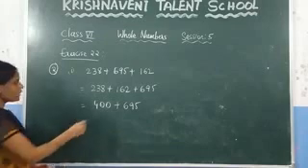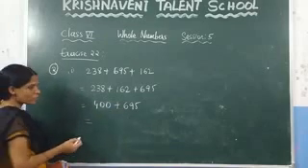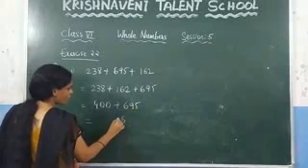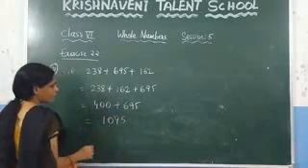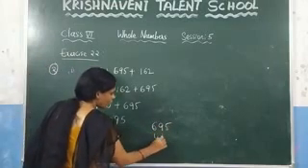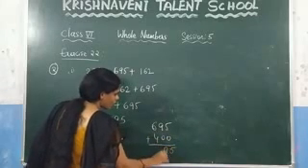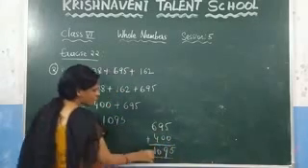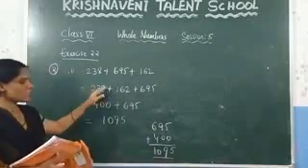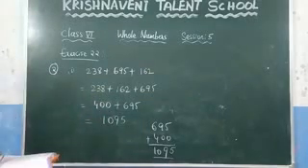Now you need to add 695 plus 400. What is the value of 695 plus 400? At last what is there? 5, 9 and 10, right? If you want to calculate, you can do it with 695 and 400. If you add, what will you get? 5, 9, 6 plus 4, which is 10. So it is very easy after arranging it into this order. Now see the next question.